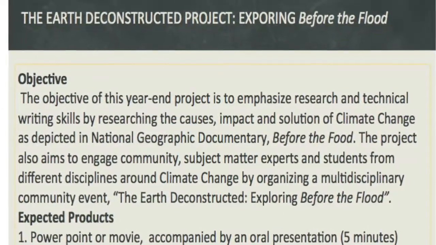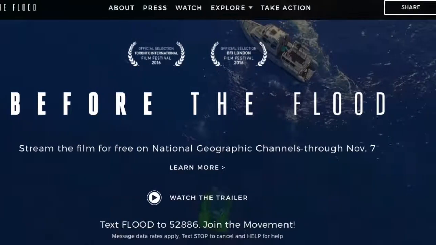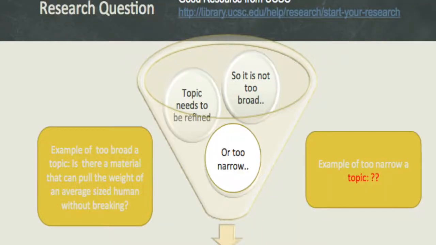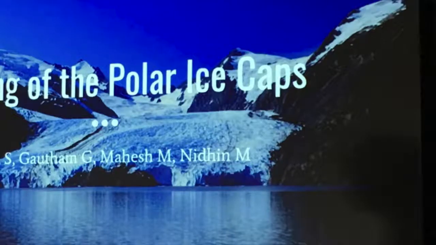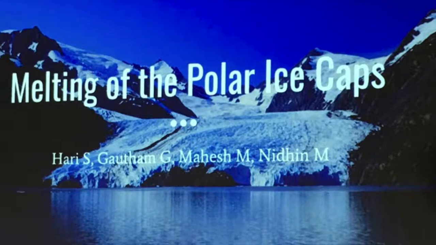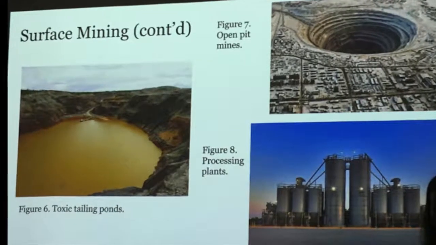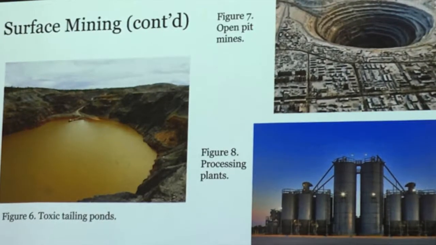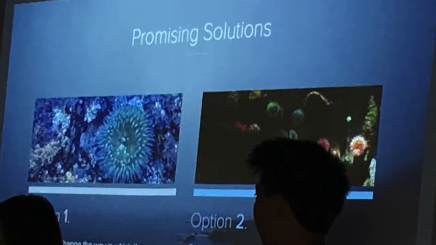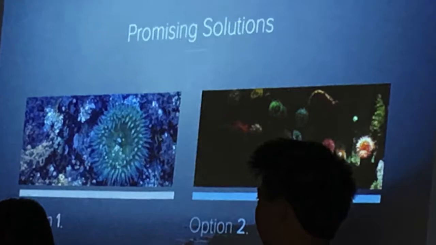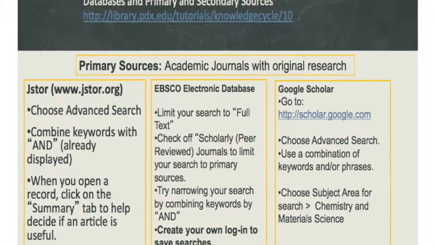In my capstone project, The Earth Deconstructed, students chose a topic around climate change from the National Geographic documentary Before the Flood. They researched their chosen topic further for its causes, effects, and possible solutions. Student topics showed variety and complexity of the issues. The topics ranged from deforestation, melting of polar ice caps, endangered species, air pollution in China, GMOs, understanding how climate change became a political issue, corporate interest versus science, and what small changes an average citizen can make to have an impact on this global issue.